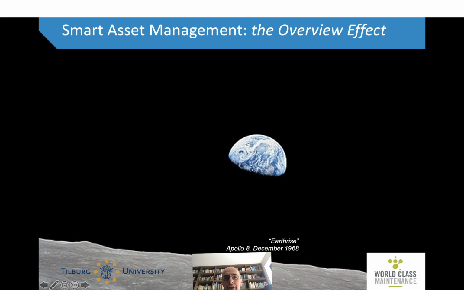When those astronauts came back to Earth, they were changed as a person, not in a science fiction sense of way, but in a very fundamental way. A book was written about how they were changed. It's called The Overview Effect. And what the